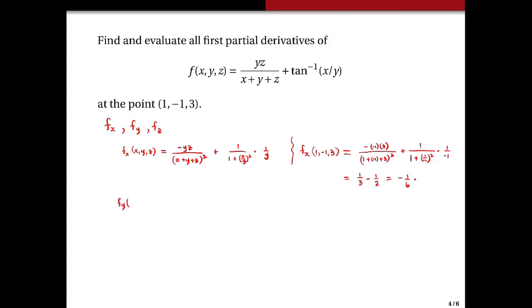Next, we have f sub y. For this, we have y in the numerator, also y on the denominator. Okay? So we will have,